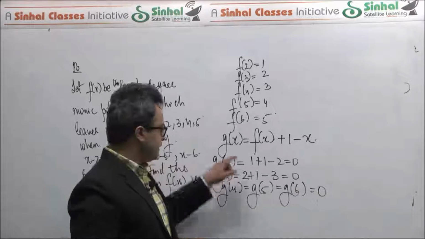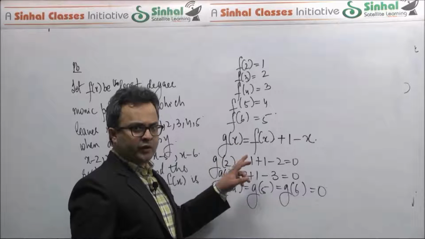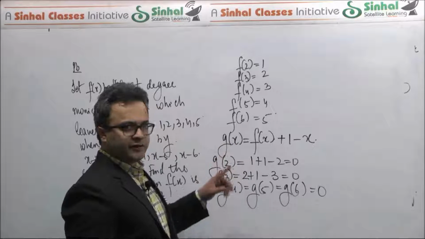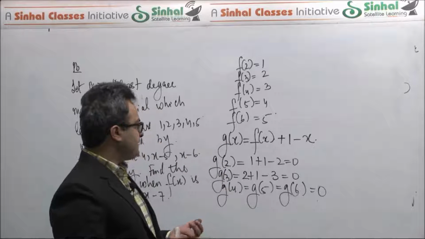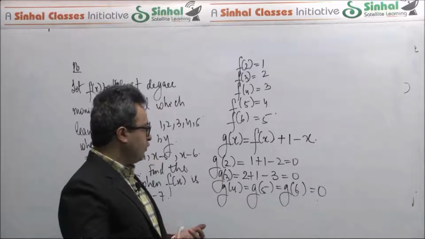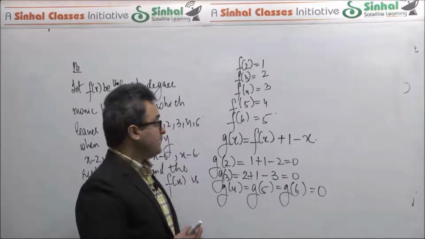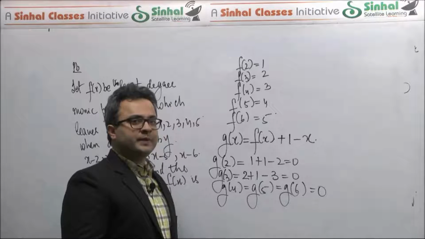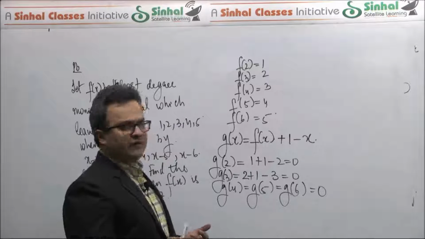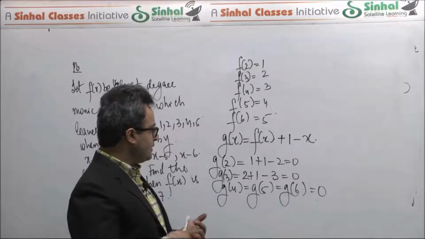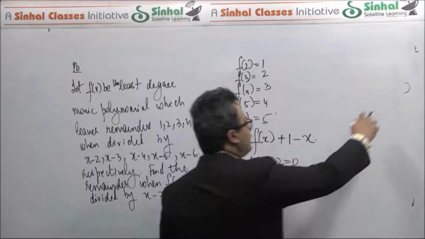Right? So this was a very important step. By observation, I defined a new polynomial g of x. The reason why g of x becomes important is that effectively now, for g of x, what is happening is that at 2, 3, 4, 5 and 6, at all these 5 values, the function is becoming 0. But that by the factor theorem will have to mean that g of x has at least these 5 factors for sure. x minus 2, x minus 3, x minus 4, x minus 5 and x minus 6. So therefore,